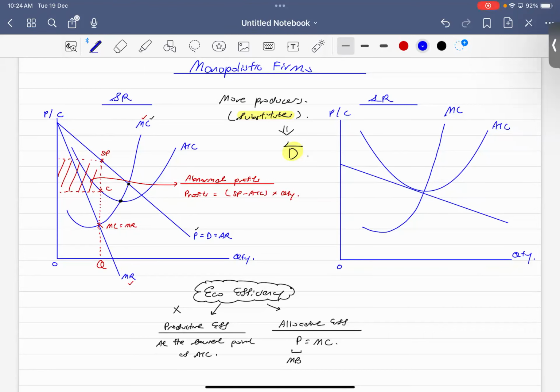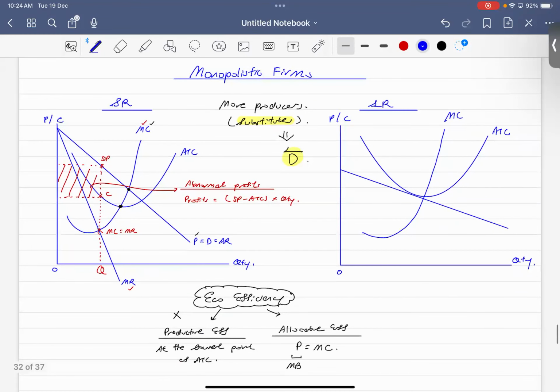Then this is your new demand curve. It becomes more elastic, so the demand curve will become more elastic as well. So this is your new price, your new demand curve, your new average revenue curve. And same thing, you have your new marginal revenue curve as well, after it has shifted. So the demand curve shifts leftwards, and it also becomes relatively more elastic,